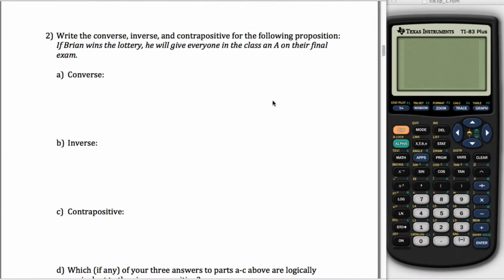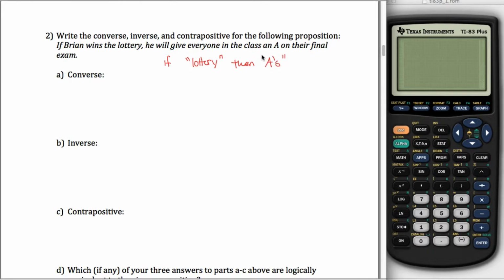Okay, problem two. This is the one where we're talking about the converse, the inverse, the contrapositive, a bunch of the vocabulary words having to deal with logic. So for this question, if you go through and read it, it says if Brian wins the lottery, he will give everyone in the class an A on their final exam. In other words, if maybe lottery, then